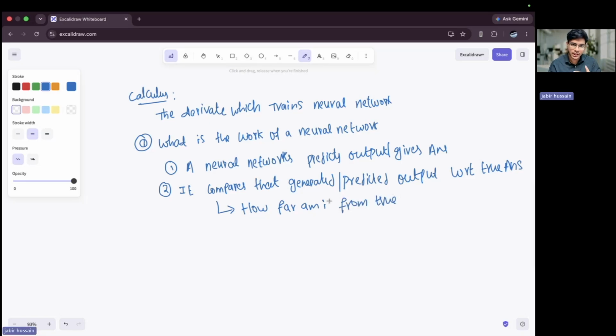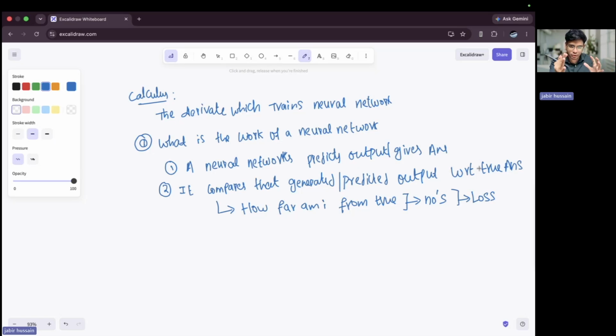And what it will do is, after getting the value of how far it is, whatever the value we get, the distance, you can imagine it as a distance or a number, whatever it is, we represent this gap between the true answer and the generated output with a number. And whatever representation we use, that representation is known as loss. Okay, I will talk about definitions, but for now understand that